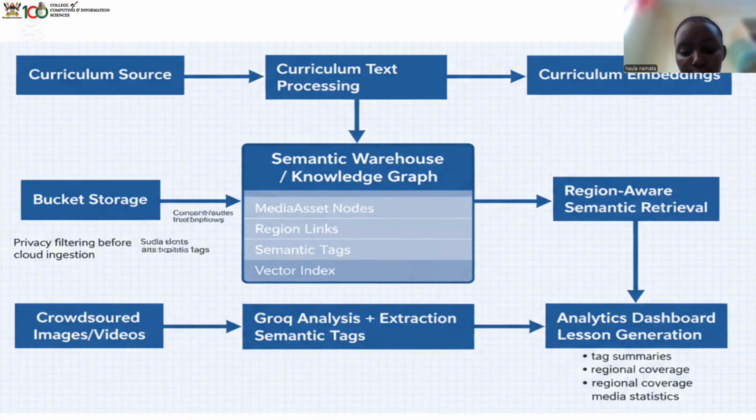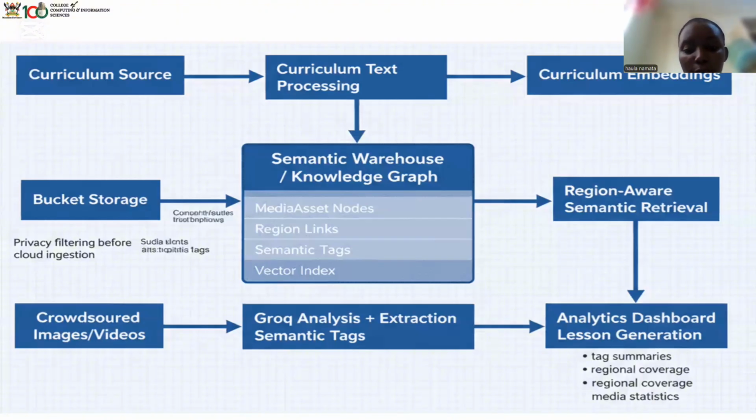Then the semantic tags represent the environmental context, the cultural activities, the local materials, and the learning relevance. From here, we move on to the knowledge graph organization. These extracted entities are mapped into a Neo4j knowledge graph. Each education artifact becomes a semantic node connected through relationships such as regional alignment, curriculum, competence linkage, and contextual similarity. The graph structure enables semantic reasoning and contextual retrieval across heterogeneous educational content.